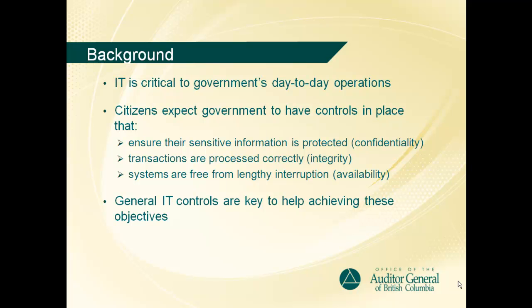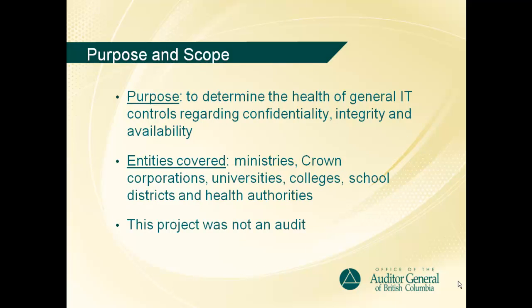General IT or computer controls help ensure proper development and implementation of systems and help maintain the integrity of systems, data, and operations. This report informs British Columbians about the health of government's general IT controls. The purpose of this project was to determine the health of general IT controls expressed in terms of a maturity